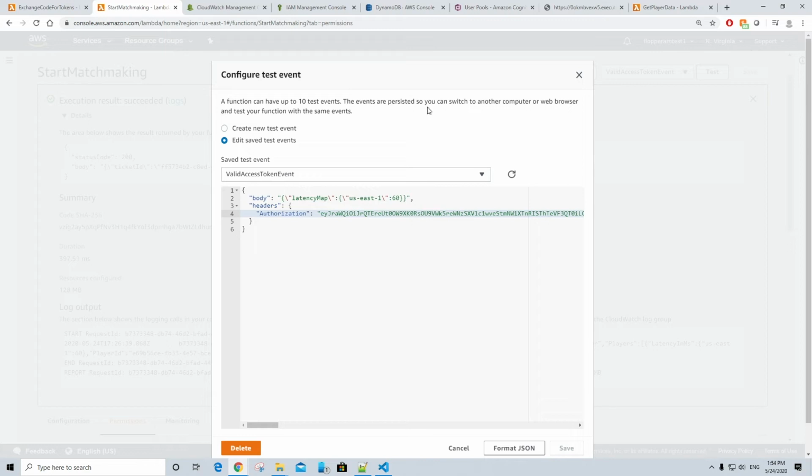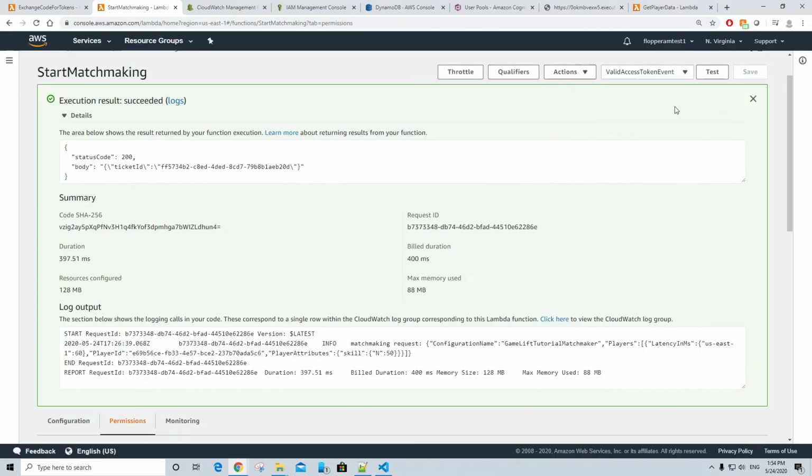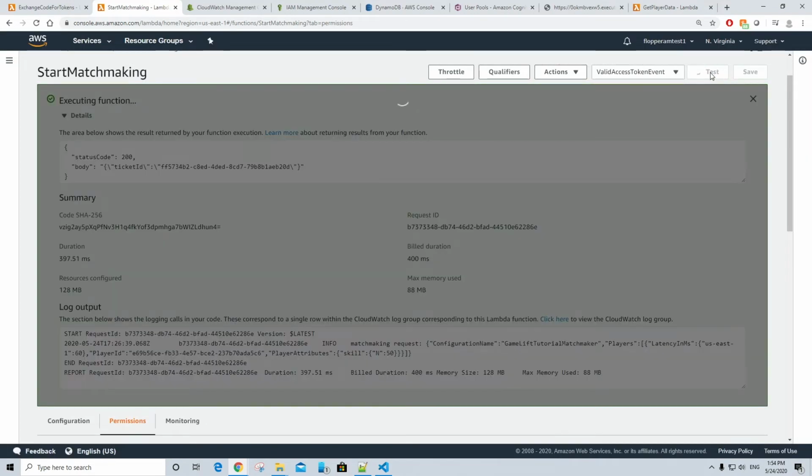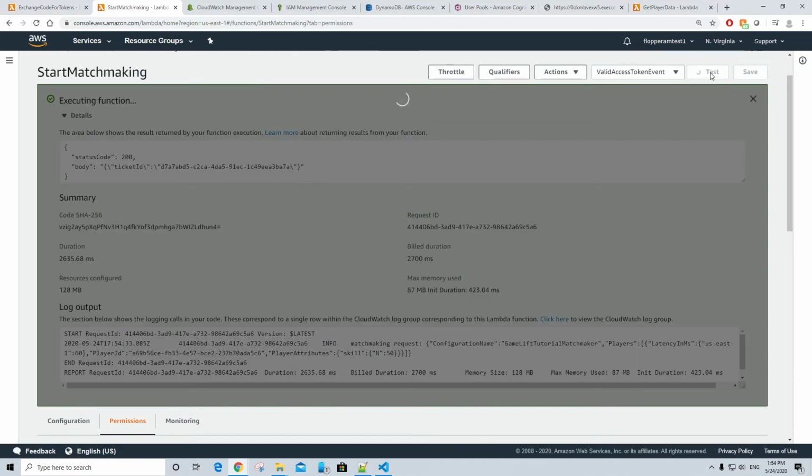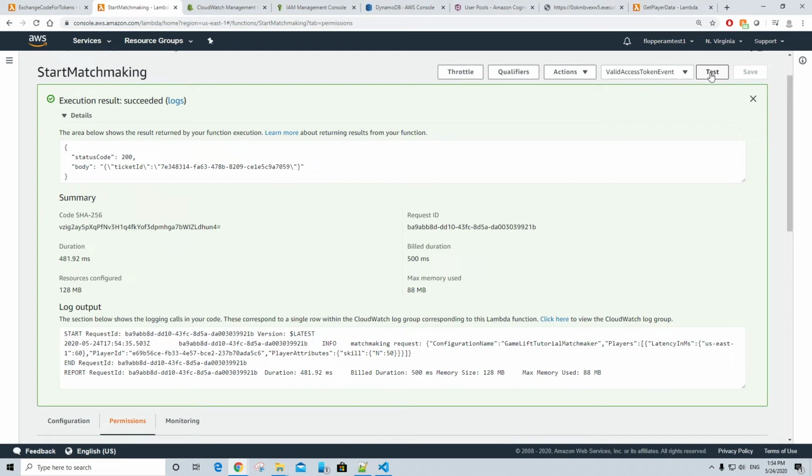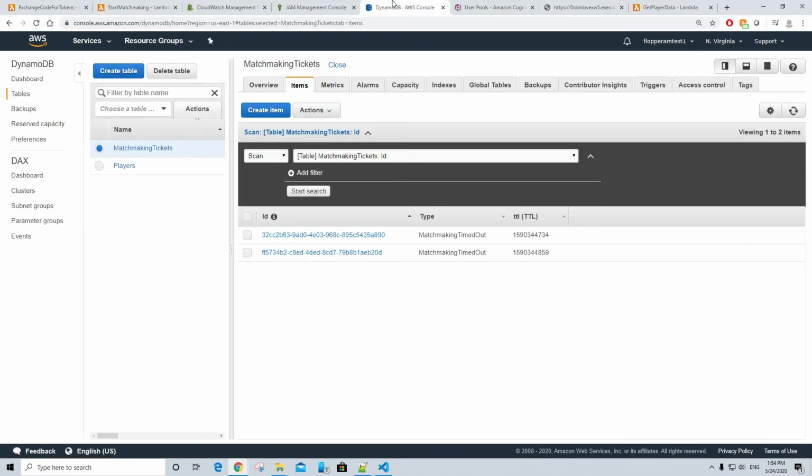And one last test that I want to perform is I want to make 2 requests with the same access token very quickly. So let's X out of here. Let's click test once, and then once that finishes, we will click test again. And the reason why I did this is because you guys actually may have already noticed this, but if we go back to DynamoDB, the matchmaking tickets table specifically, we click on refresh,